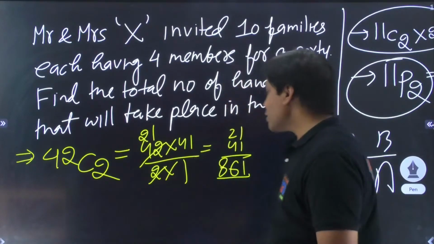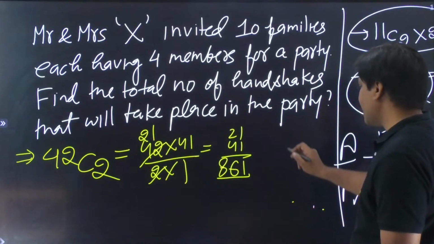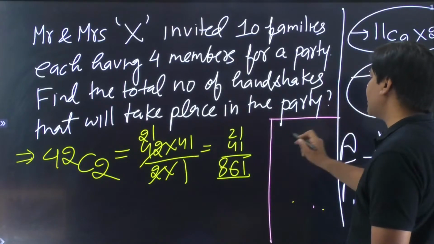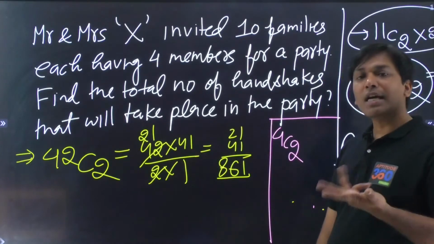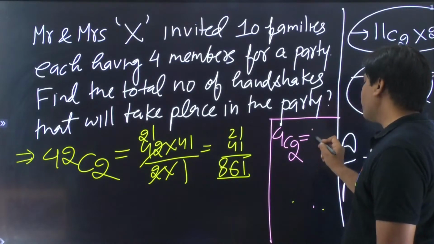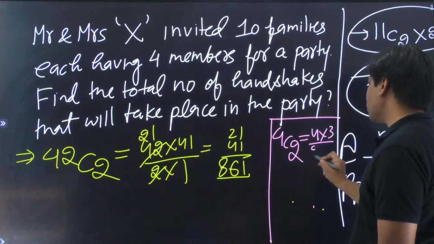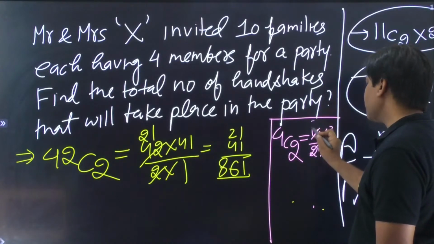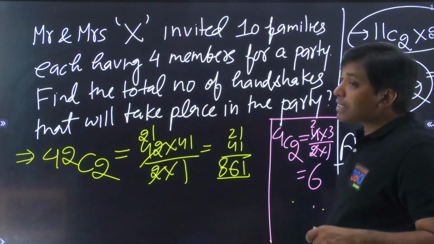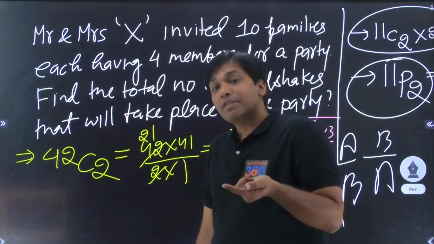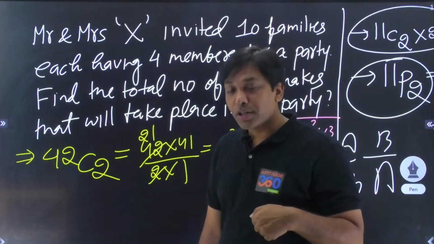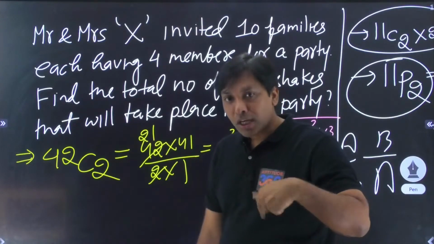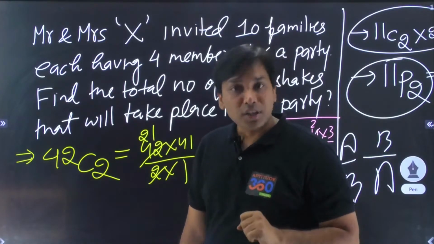तो इसका मतलब है कि ये जो 4C2 होना चाहिए हर एक फैमिली मेंबर का। भाई फैमिली में 4 लोग, कितने सारे हैंडशेक्स मिलेंगे? 4C2, 4 into 3 divided by 2 into 1, which is nothing but 6. 6 handshakes would have taken place had they all been strangers to one another. बड़े स्ट्रेंजर तो है नहीं, एक दूसरे को जानते हैं फैमिली मेंबर्स, तो इनका हैंडशेक नहीं हो सकता।